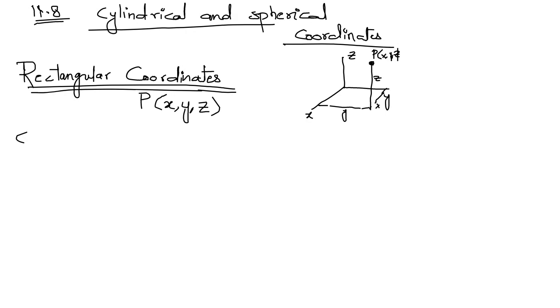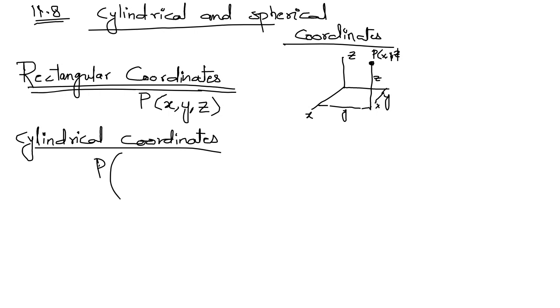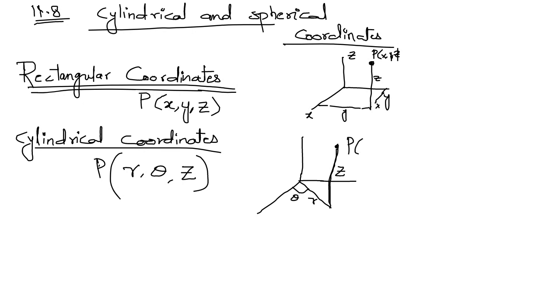Okay. For the cylindrical coordinate system, do you know what are the cylindrical coordinates? r, theta, and z. In the 3-dimensional case, we represent the same point with the distance r, with angle theta, and this is the length z. So you can represent the point as (r, theta, z). So this is the cylindrical coordinate system.